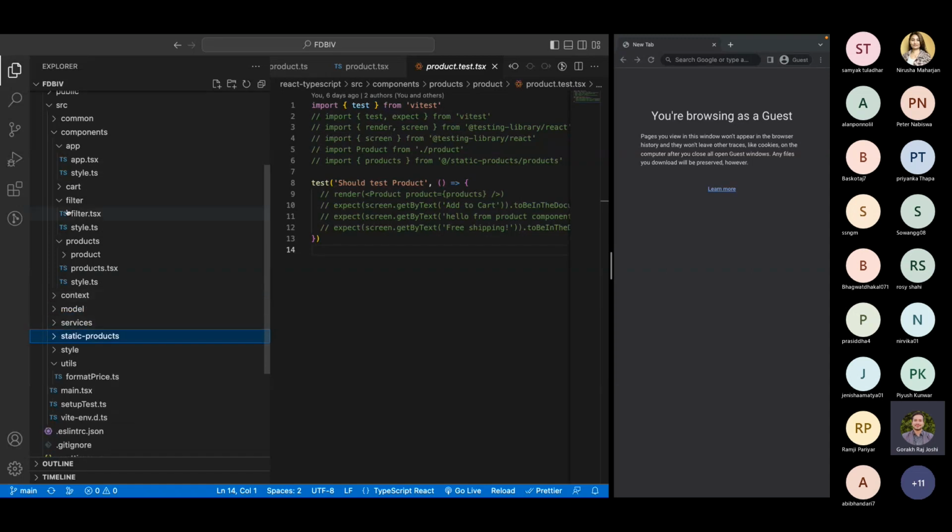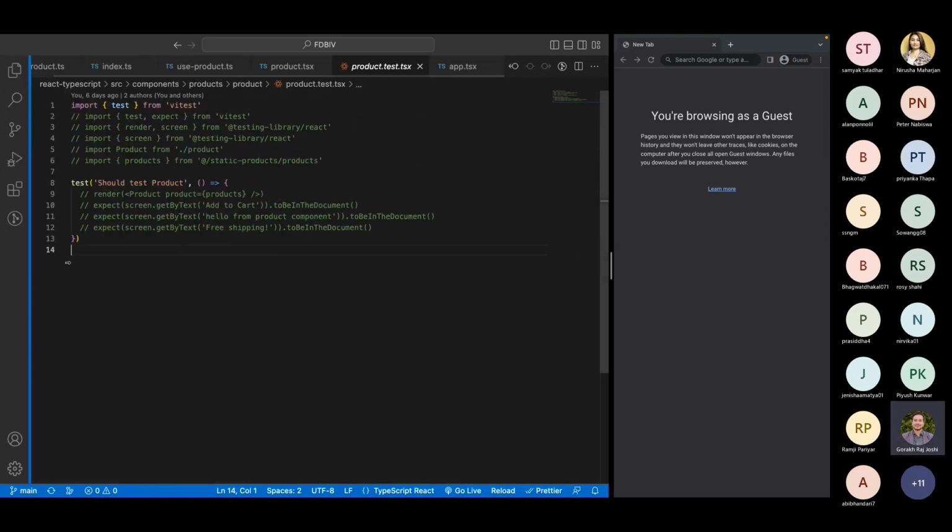So it means we need to have a test file for each and every component, the context and the API as well. I'll provide you an example by just testing this product component, and then you can try testing the other components as well. That will not be that difficult if you view it from a different perspective, because here